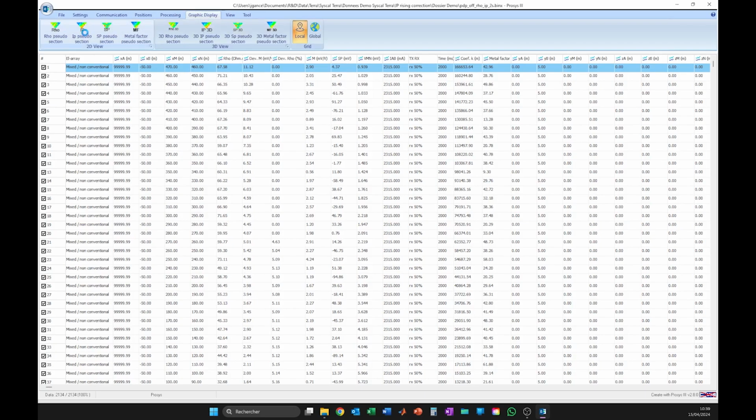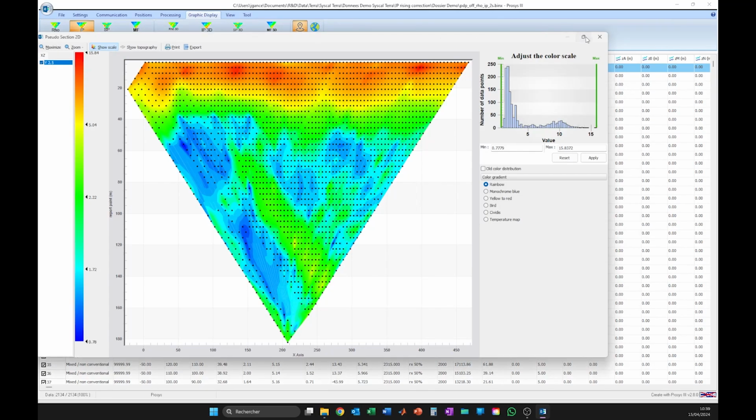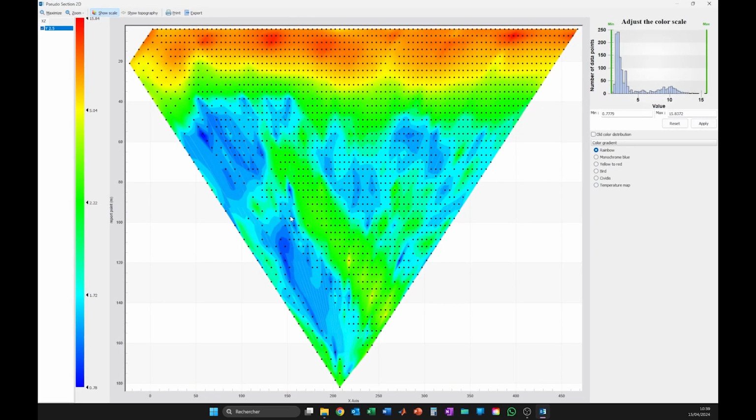If you look at the IP pseudo section, you can see a shallow chargeable layer with a chargeability up to 15-16 millivolts per volt. This is a sandy clay layer, and after 30 meters of depth, a limestone formation becomes